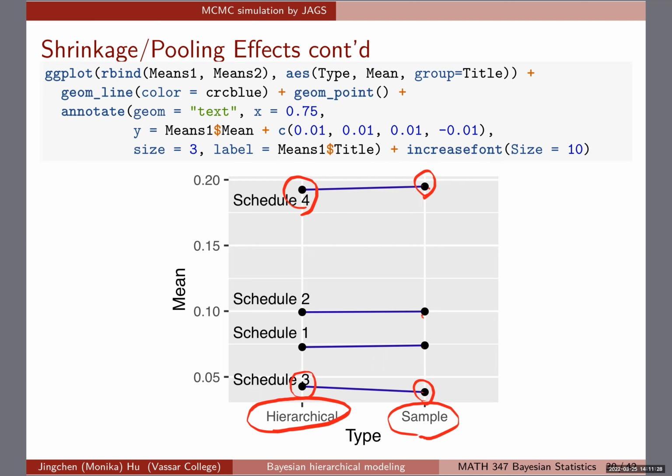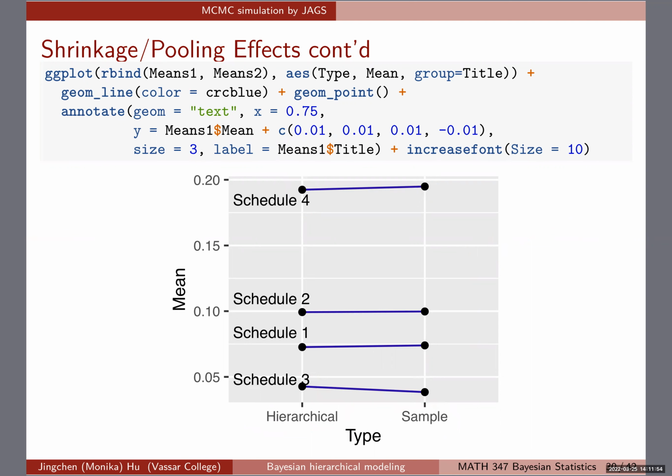So this is the shrinkage or pooling effect that is built into the model when we're doing hierarchical modeling, because if you remember, all of the mu j's follow the same normal. And then of course we estimate everything, and from that summary table we saw the differences a little bit. But this is an example that does not show too big effects. But if you check out a textbook,